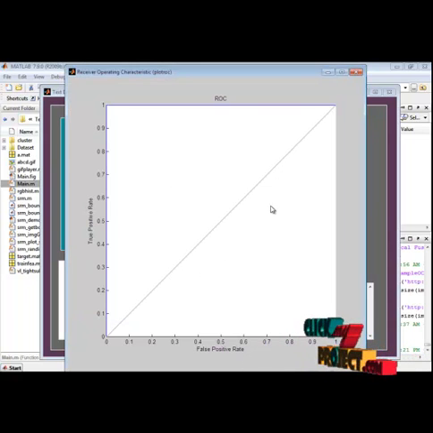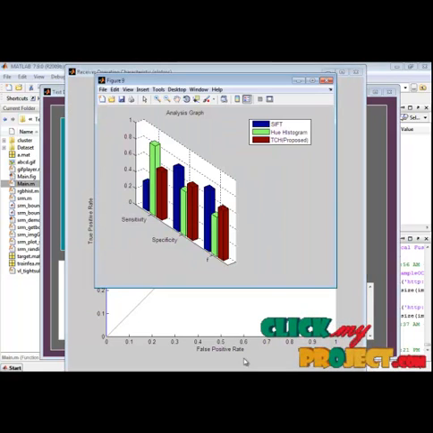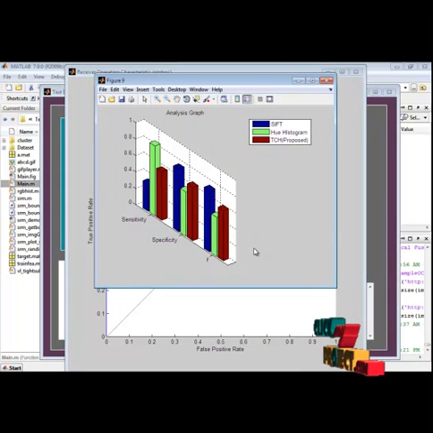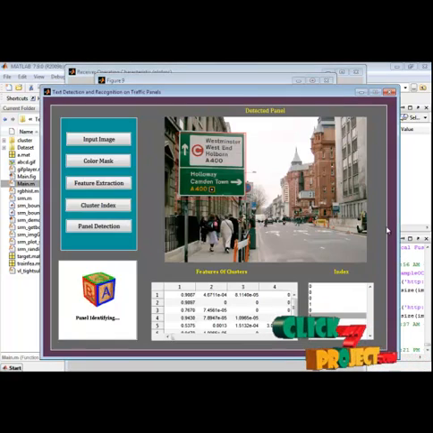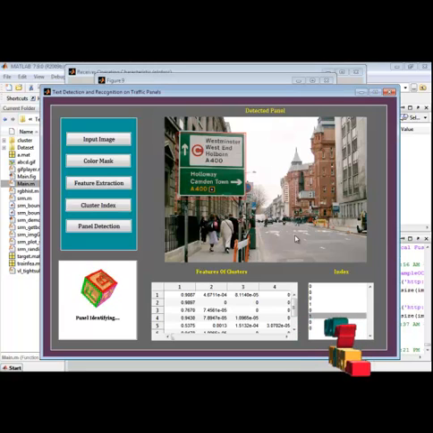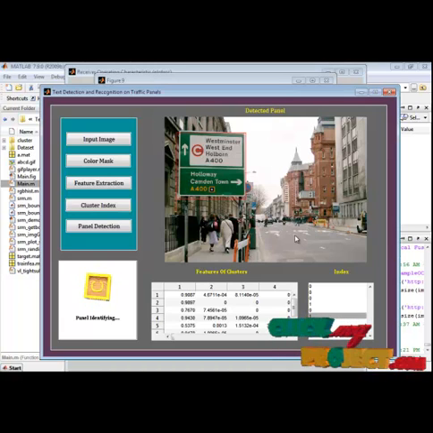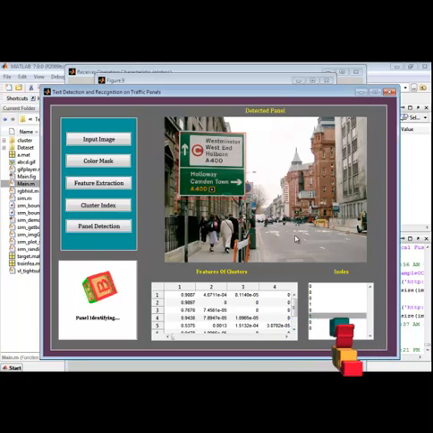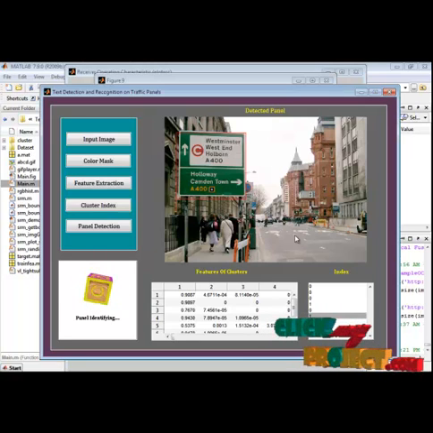This is the ROC graph. This is the sensitivity specificity graph with the different existing techniques. Now I am showing the result of text detection on traffic panels in street view images. It's showing a better result than the existing system.